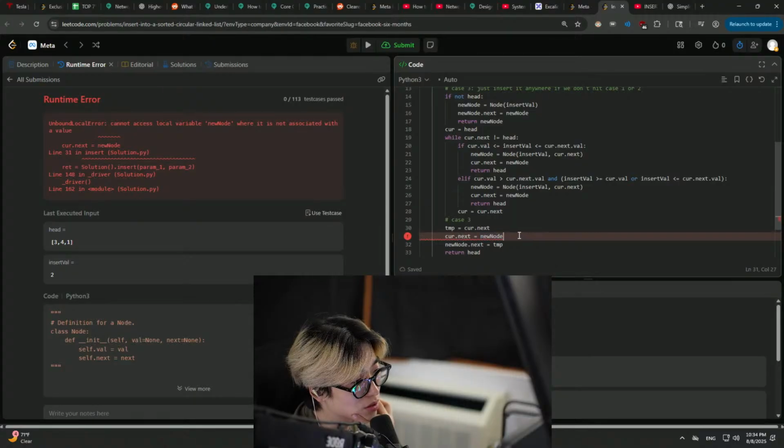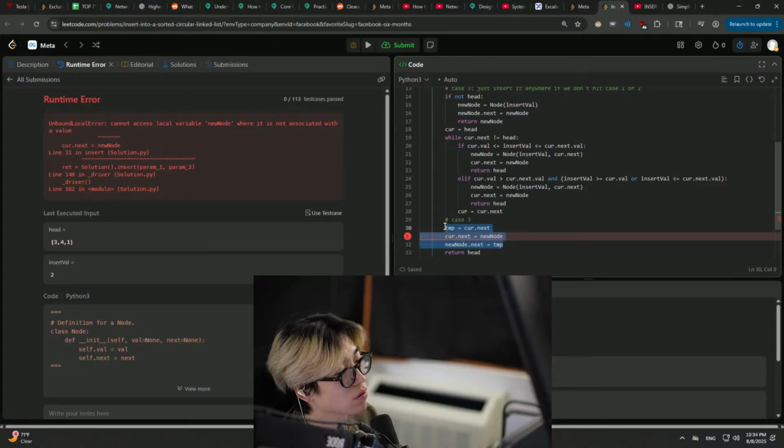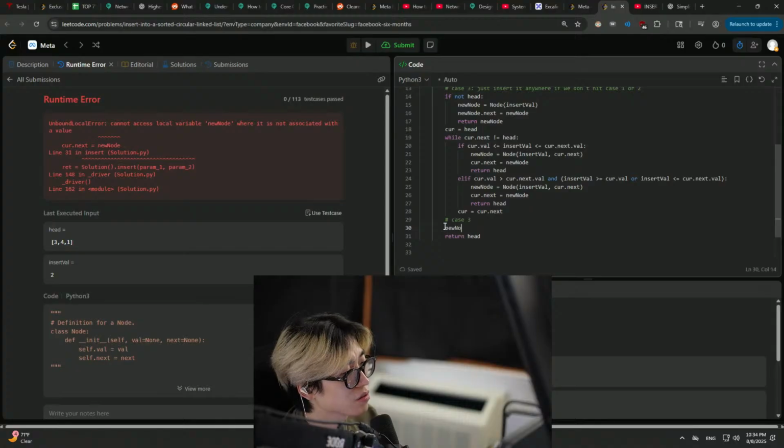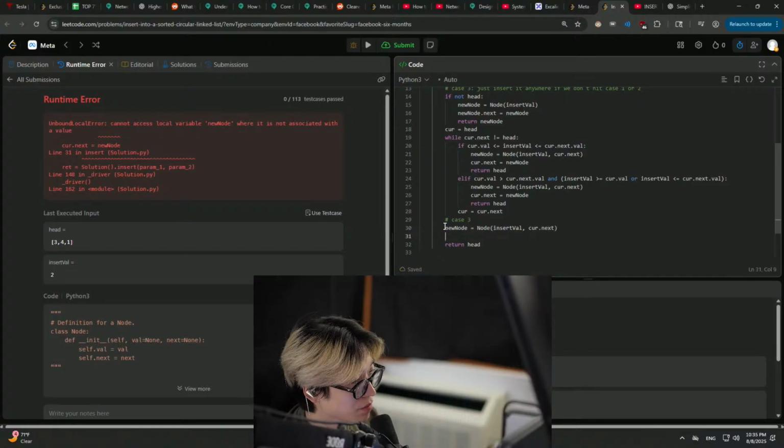Case 3, same thing here. We can just create it. It's all necessary. So new node is equal to Node of cur or insert val,